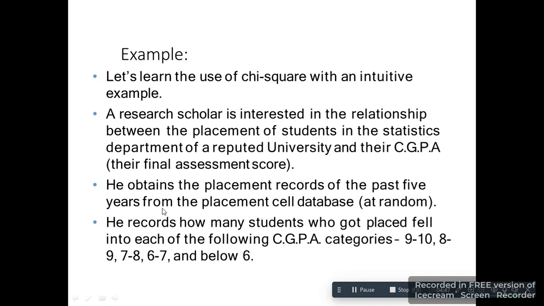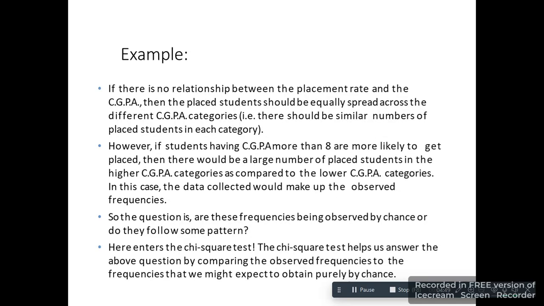Okay, so we will categorize this student data into these categories. So we will see if there is no relationship between the placement rate and the CGPA, then the placed students should be equally